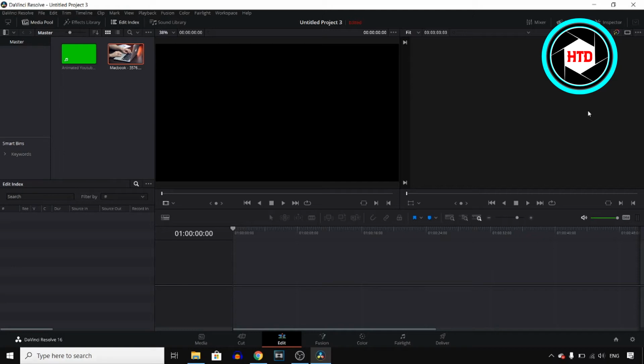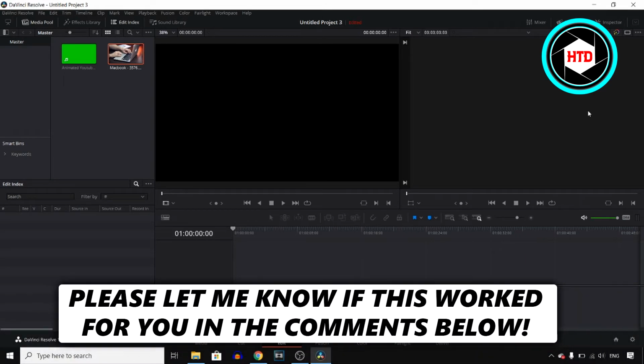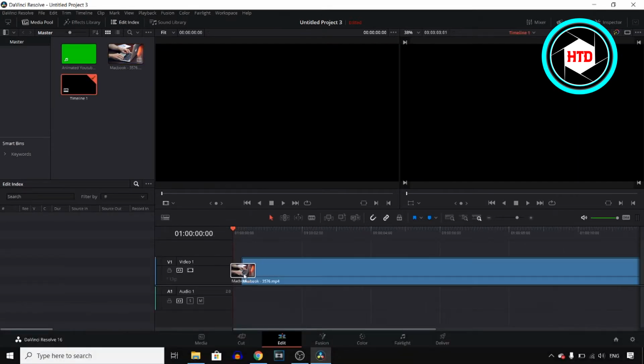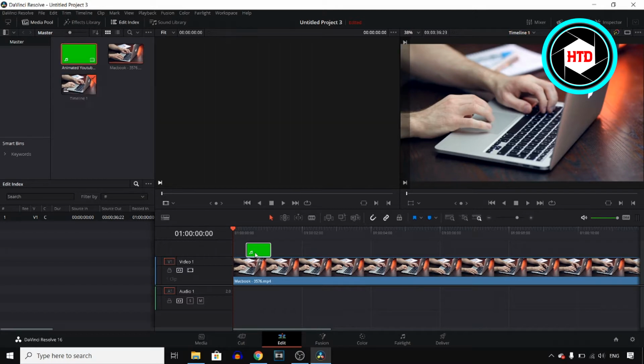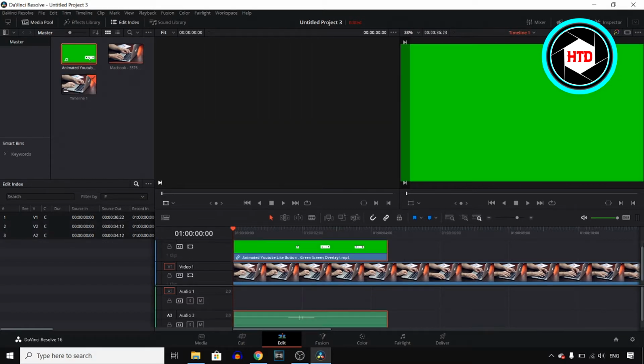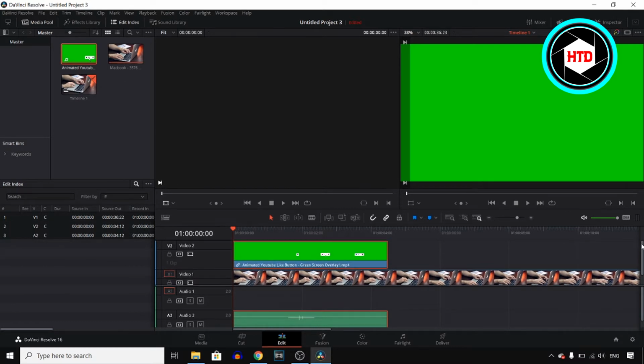In this video, I'll show you guys how you can start using a green screen in DaVinci Resolve 16. So I just started off by opening and importing two different clips. Now one of them is a normal clip and the other one is the green screen clip. So you want to make sure to open the green screen clip and add it above your normal video, just